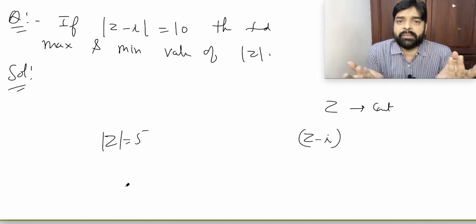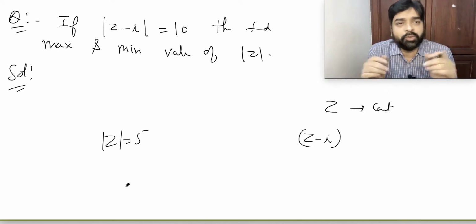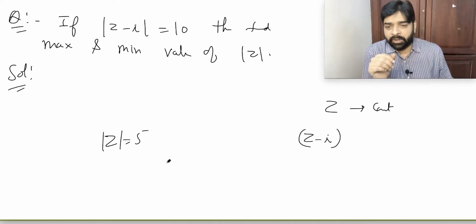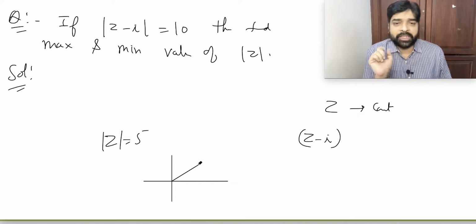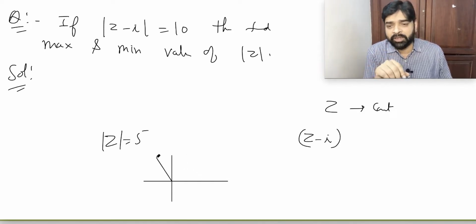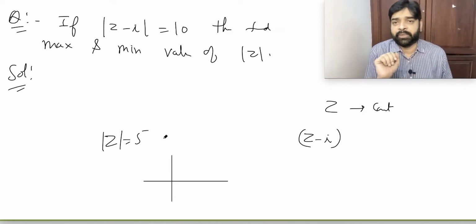Variable. Arey bhai, an infinite number of complex numbers can exist whose magnitude will be 5. Yes or no? Suppose I say this line length is 5. Correct? So now mod z is 5. This z is also 5. Wherever my pen is moving, all this z, mod z is how much? It's 5 units. So there will be an infinite number of complex numbers.